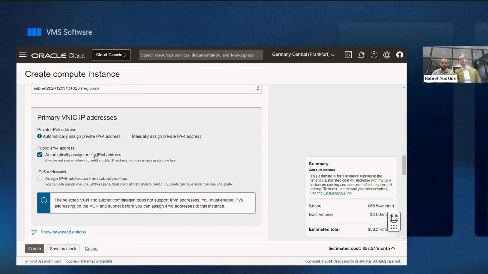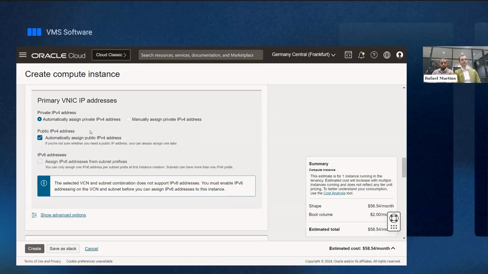And here is the important part that we just mentioned before, that it automatically assigns a public internet IPv4, not IPv6 address, which then is directly automatically translated into a public internal IP in the range 10.0.0. So the main point to take from this is that it's already pre-selected, no need to change, but do make sure that this is enabled if you intend, as most customers do, to access your host via a direct